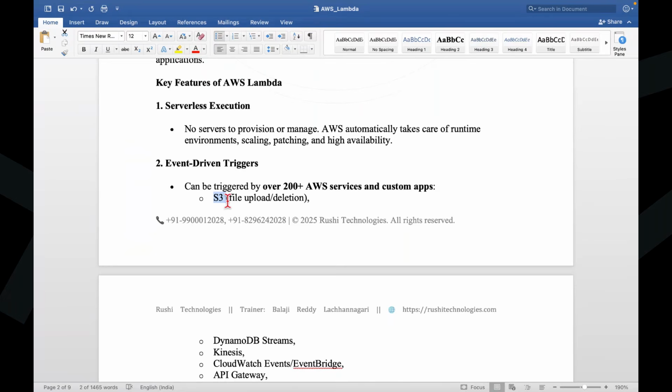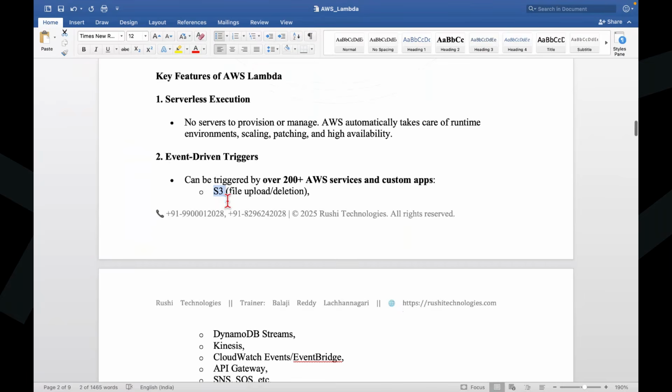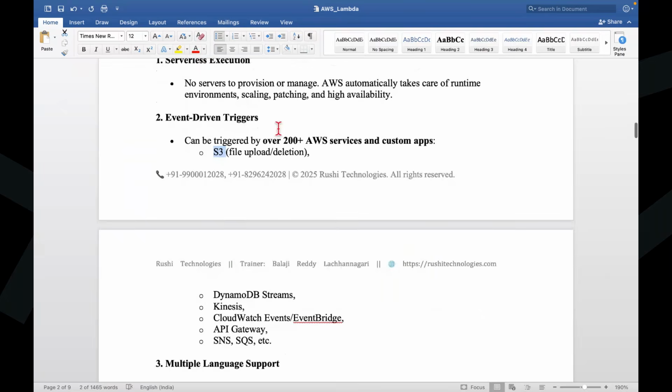It can read the file from S3 and it can process the file, and if required, it can insert into some kind of a database also. You need to write a code as a developer. So there are so many events, around 200 plus services can trigger the Lambda functions, like S3,